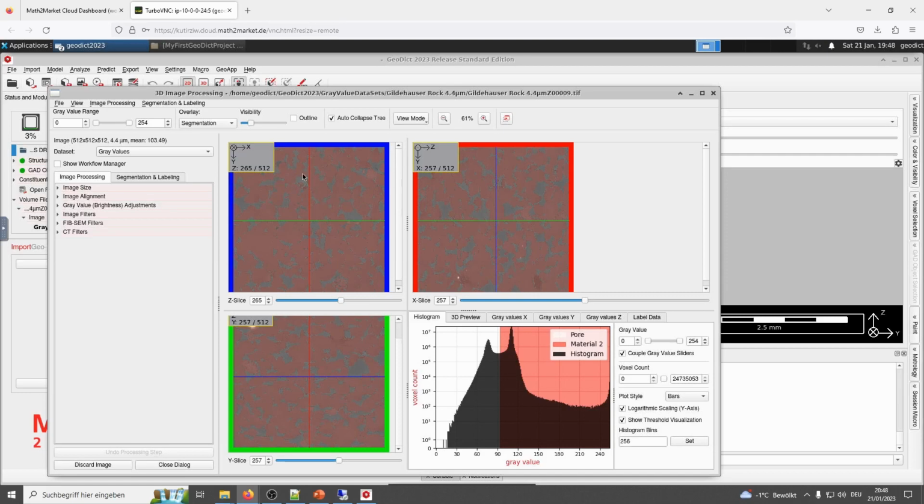And as you can see in this region, for example, the segmentation is not as good as it could be. We should decide on these particles or, for example, on these sparkling minerals. Let us have a look at the contrast between pores and solids.